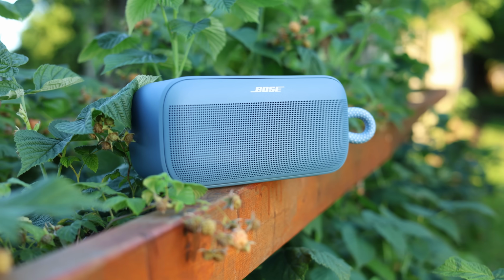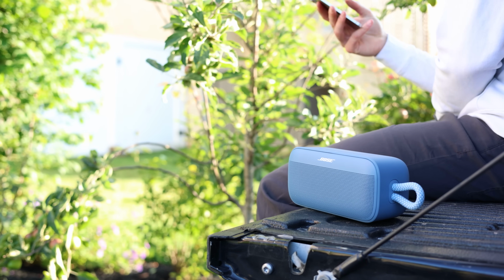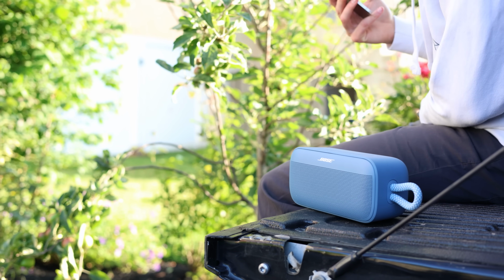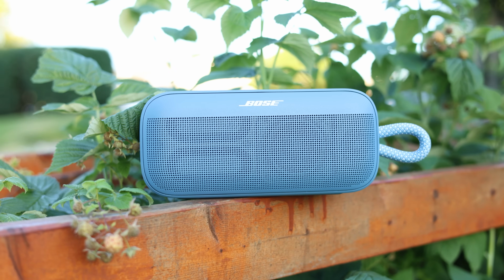What you're looking at right here is the brand new Bose SoundLink Plus, a Bluetooth speaker that sits between the Bose SoundLink Flex, which has been winning a lot of awards, and the Bose SoundLink Max, a larger speaker, where this is going to fill that gap. And this is going to be really good for a lot of use cases, as I'll talk about throughout this